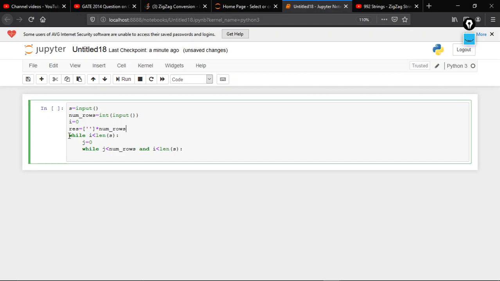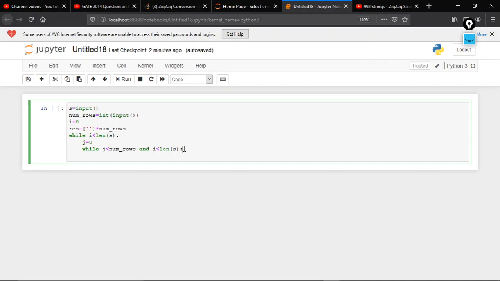Means there will be a list created. Suppose the number of rows is 3, so the list will contain 3 null strings. If the number of rows is 4, the list will be containing 4 null strings. Okay,